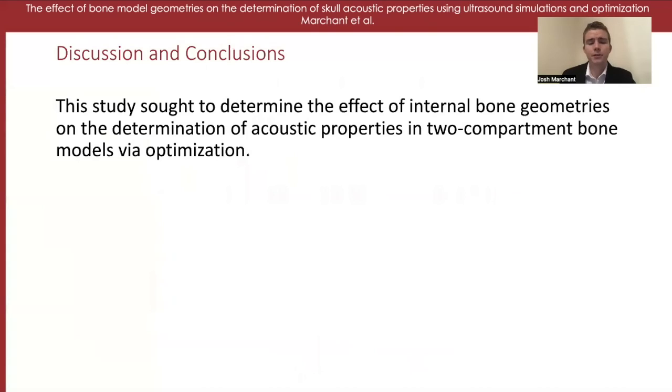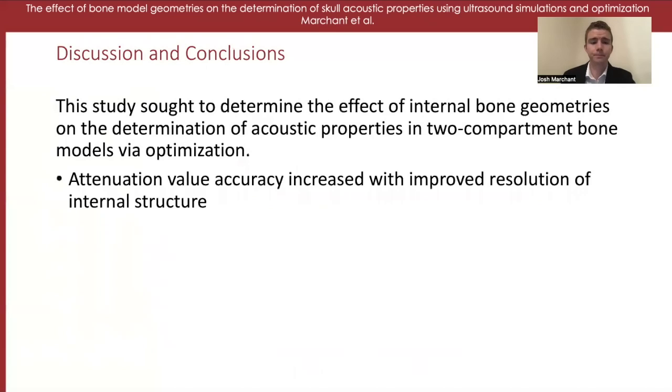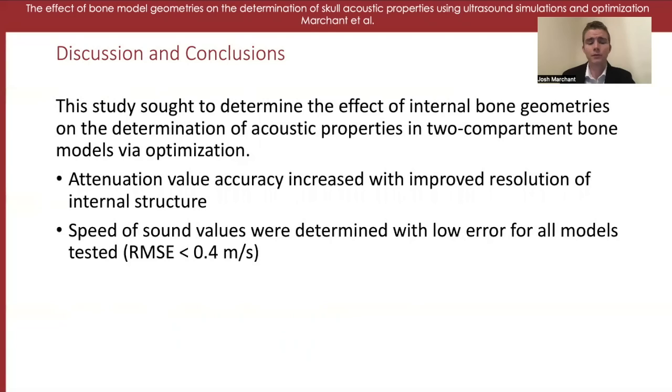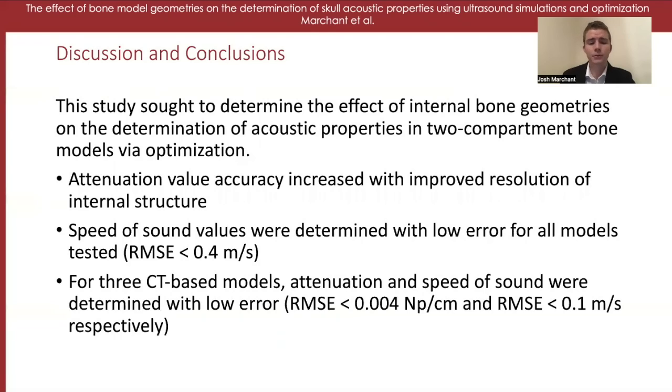Using various three-dimensional models, we determined the impact of internal geometries on property determination using surrogate optimization. The attenuation coefficient was found with increased accuracy when the internal geometries were fully resolved. In contrast, models with high spatial frequency above the limit resulted in greater error. The speed of sound was determined with low error for all models. The internal structure of the three CT-based models was sufficiently resolved to allow for the successful determination of their attenuation